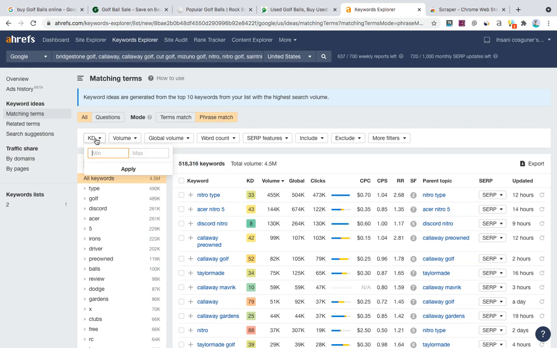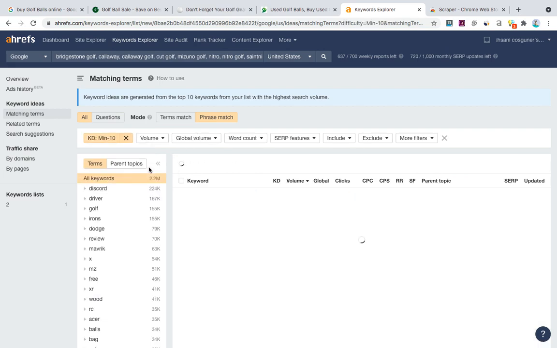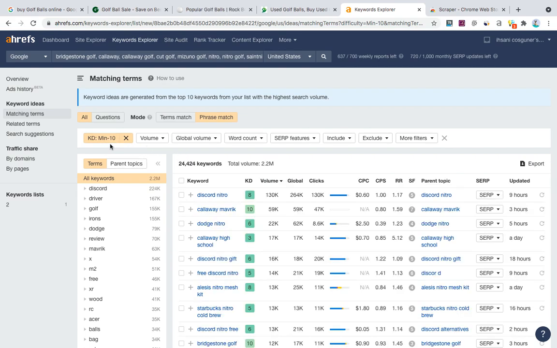We have to filter it by KD, maximum 10. You can put the KD depending on the keyword difficulty you want. And here, by going to the include tab, going to the any word tab, we'll filter the keywords by versus and review with an asterisk mark.